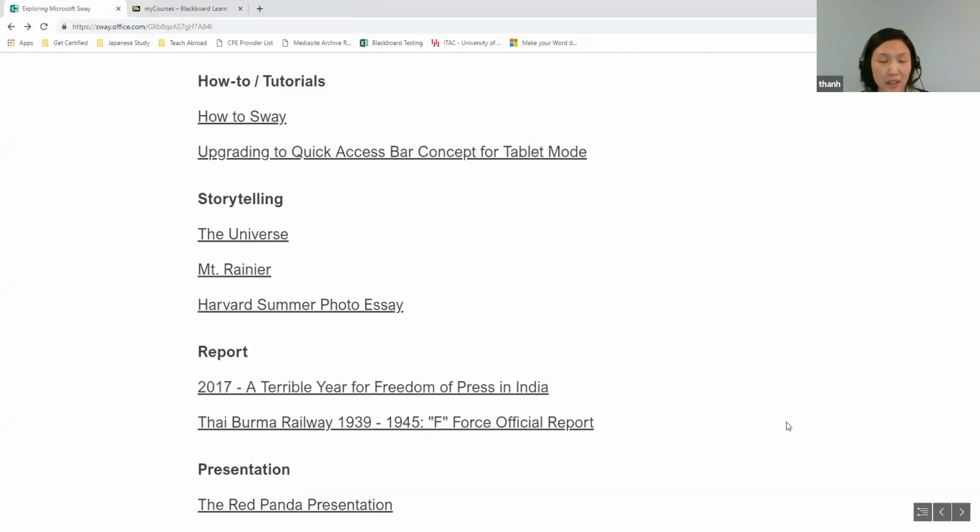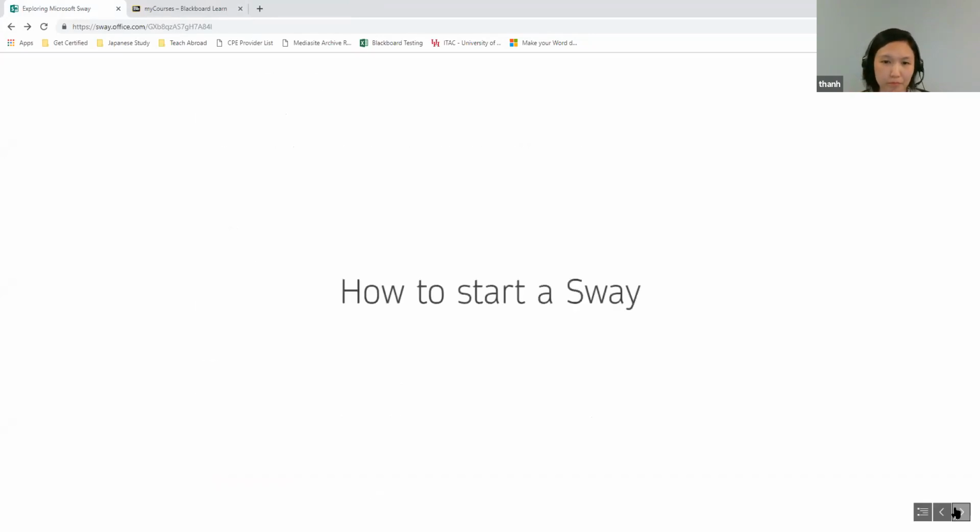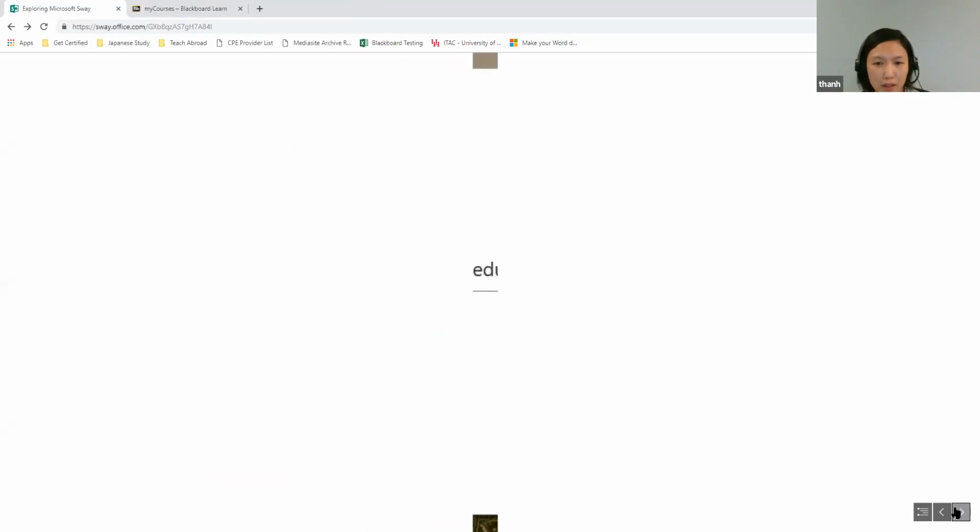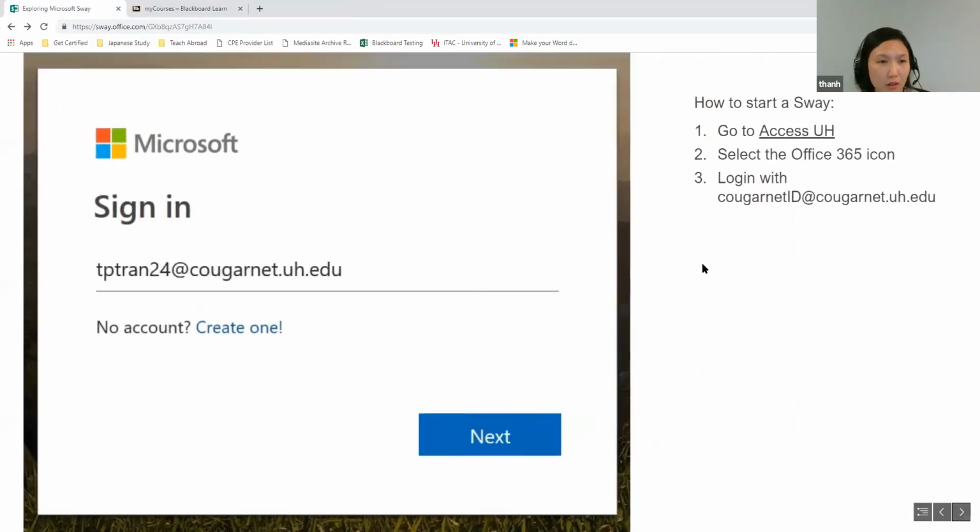So those were some examples. I hope that looking at some of these examples might give you some ideas on how you could use this application to support your teaching. Now that we've looked at some examples, let's look at how do I create a Sway, and how difficult is it really? To create a Sway, I'd recommend using your Access UH account